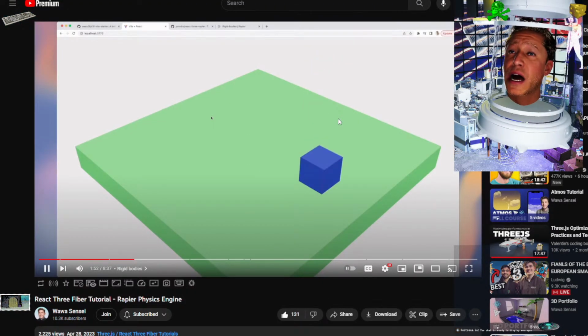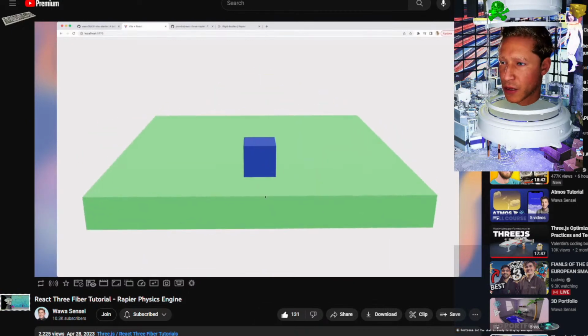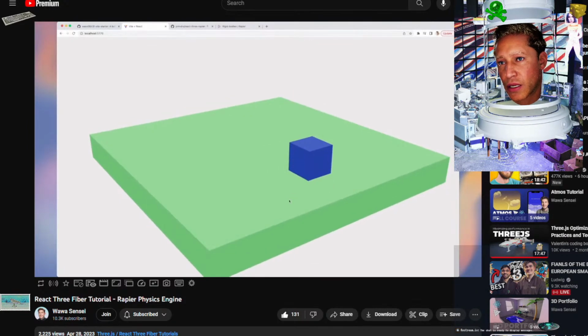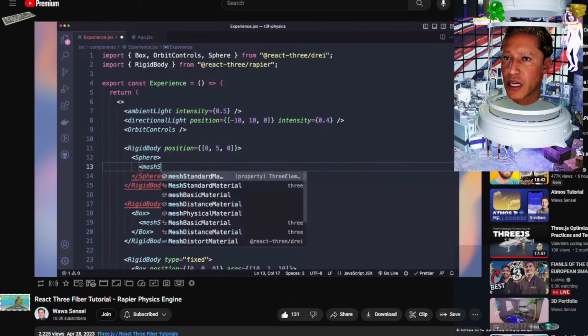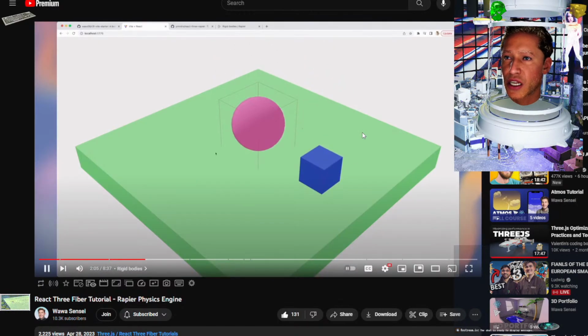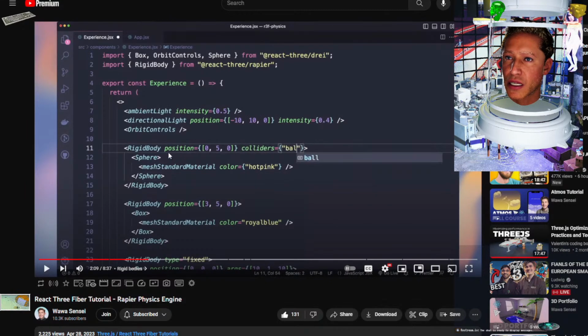Our new cube falls into the floor and stops. Because we have the debug prop on the physics engine, you can see a red border around our cubes. These are rigid bodies. Now let's add a sphere. You can see that the rigid body collider applied is still a cube. We can change it to ball and